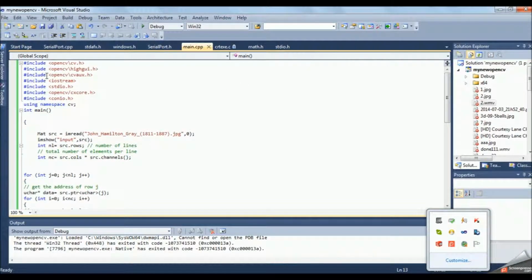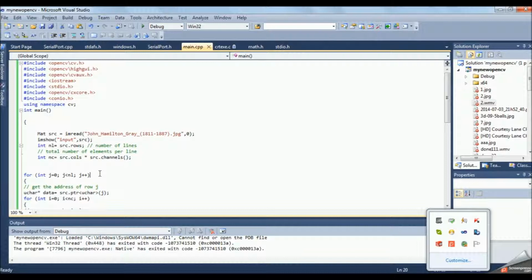Now let us understand the program line by line. First line is Mat src. We have already seen it. We have loaded an image into the image variable src, and we have displayed that image in a window named input. The meaning of this line is to store the number of rows of that image into the integer variable nl.